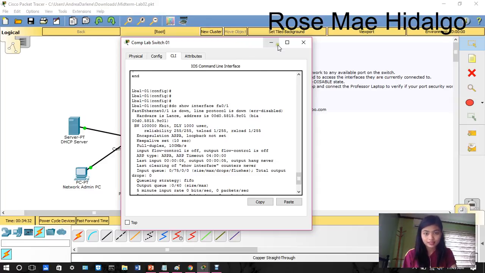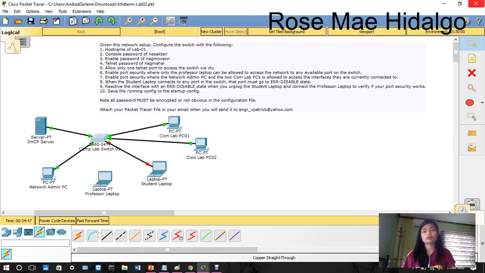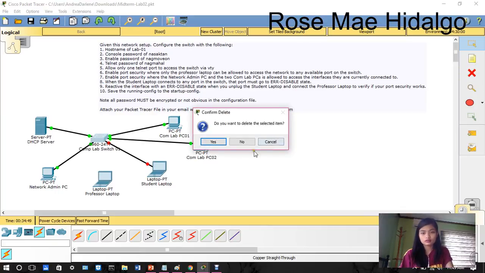So that's it. Number 9, reactivate the interface with an error disabled state when you unplug the student laptop and connect the professor laptop to verify if your port security works. So remove the connection.